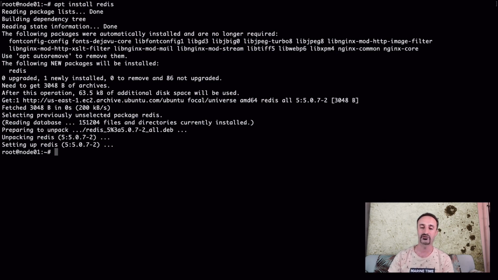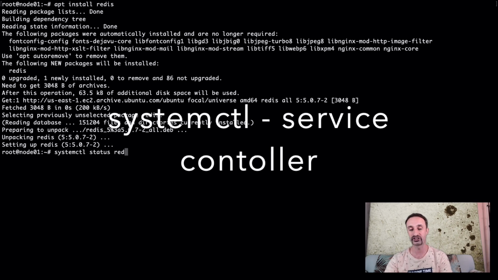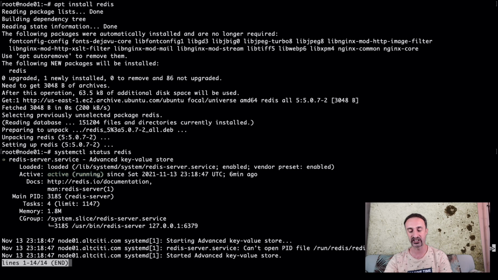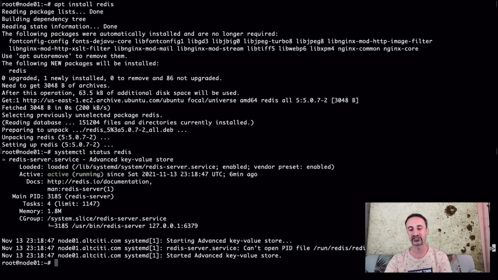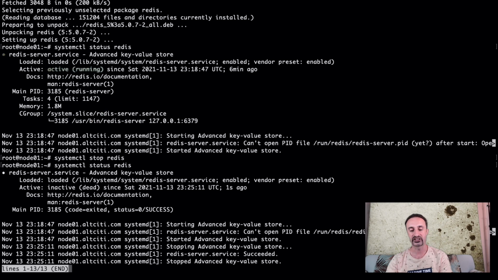So for that kind of services, we use the systemctl command to control these services. For example, systemctl status and then Redis. This gives us the status of Redis. It is active and running, so that means the service is up and running. We can stop it actually. systemctl stop Redis. You see now it is inactive,